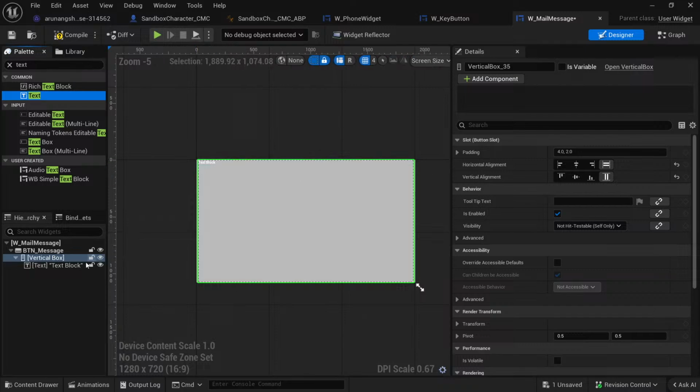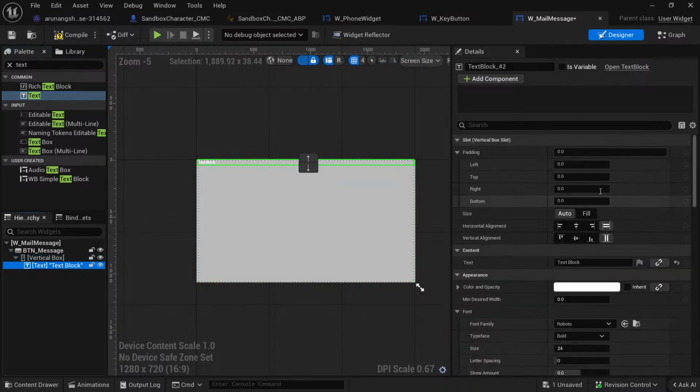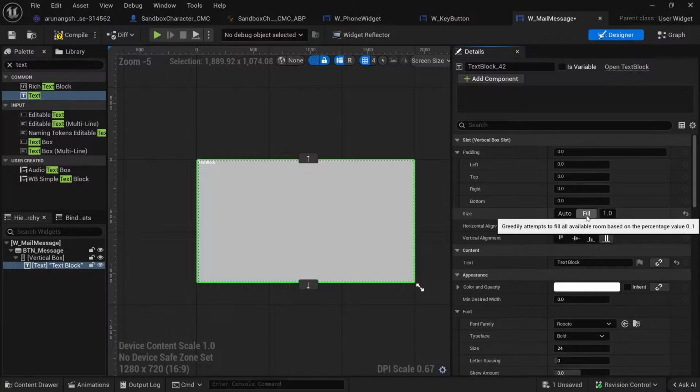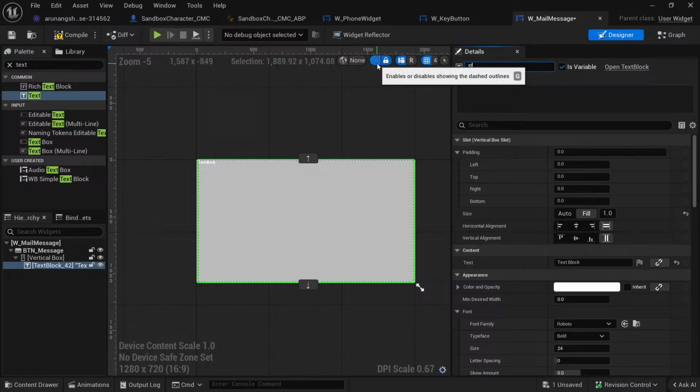Okay. Fill. All right, so this will be center. Text. And then